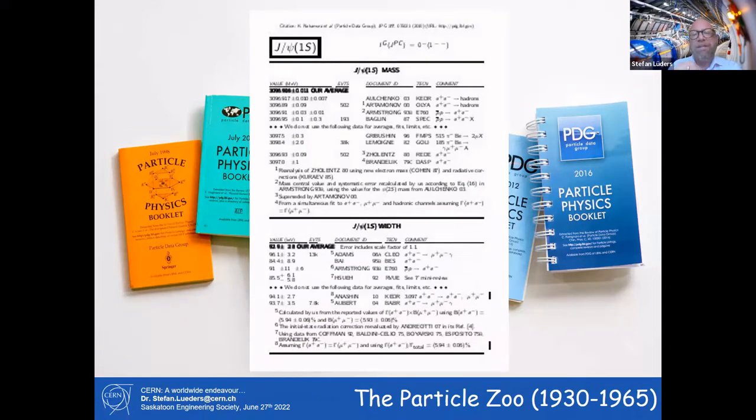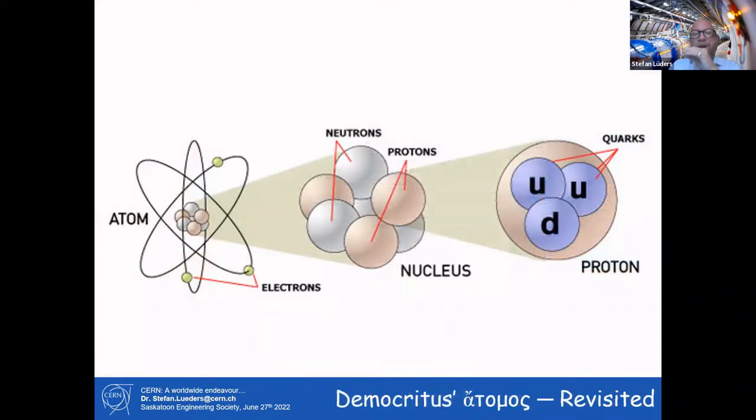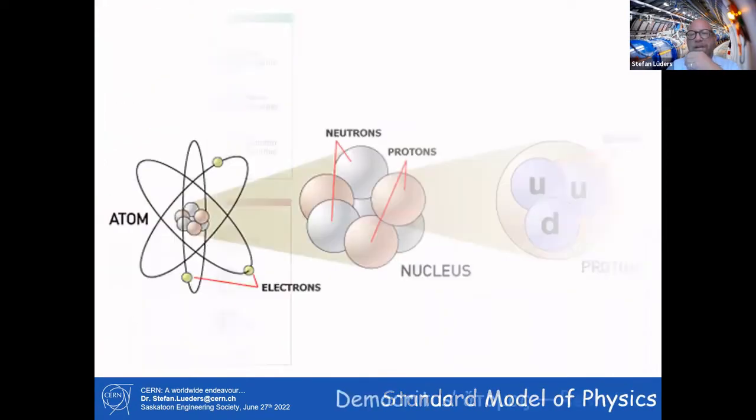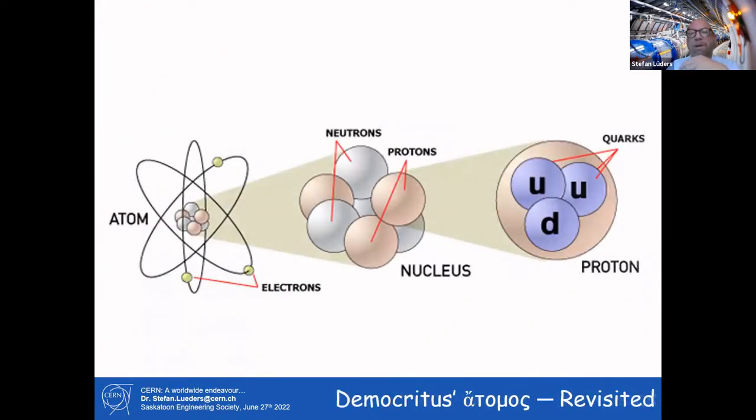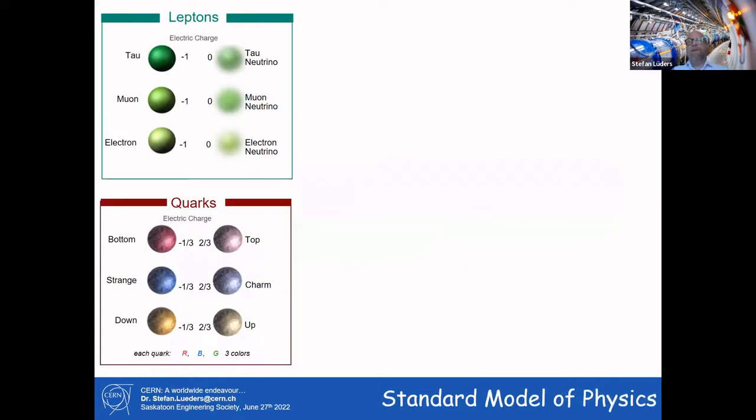So thinking about this a little bit more, about the particle zoo, you can now make up the atom into the nucleus, where you get the protons and neutrons, with the electrons around it. And inside the proton, this is the atomic model revisited, you have something which the physicists call quarks. The proton is made out of, you can see it here, two up quarks and one down quark. And again, Mother Nature is beautiful.